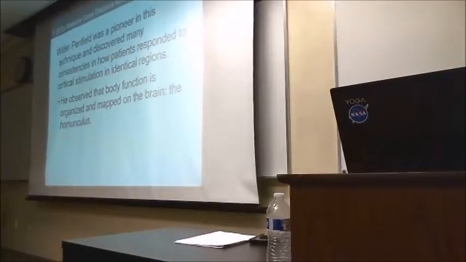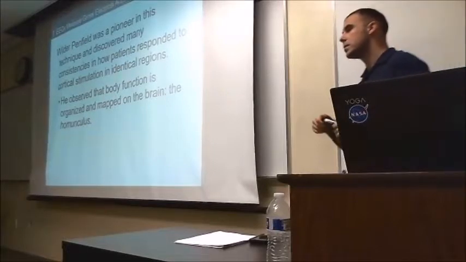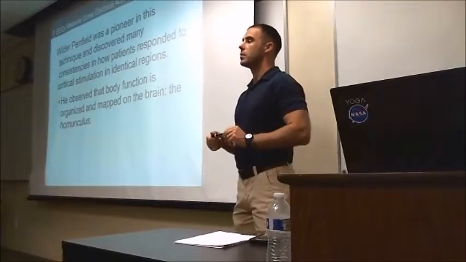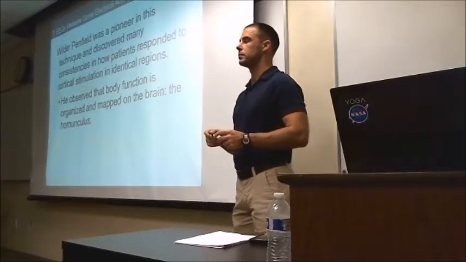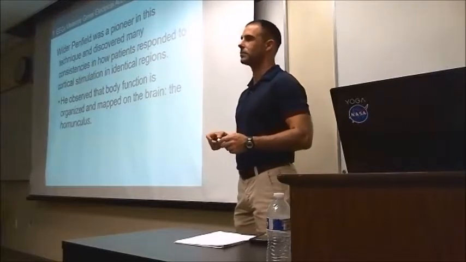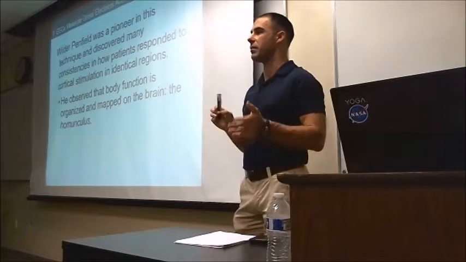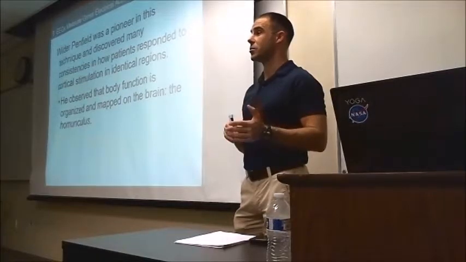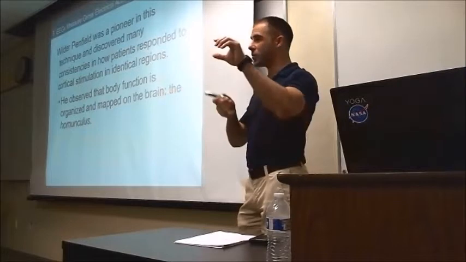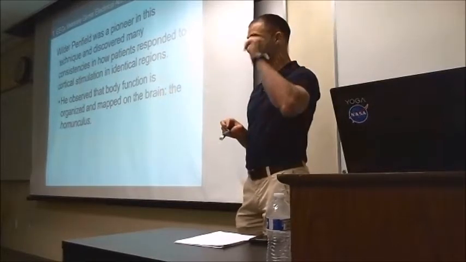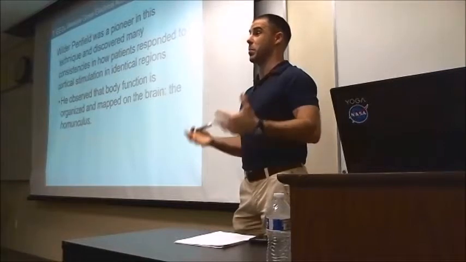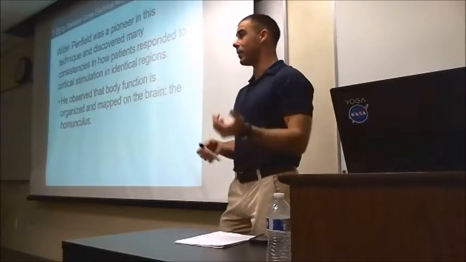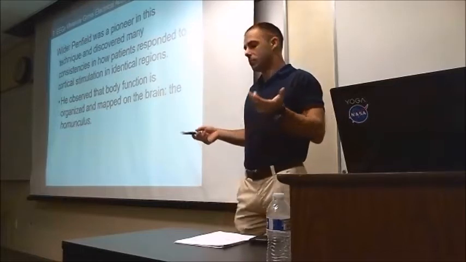Because he found that there were consistencies in where you could stimulate in the brain of patients, and they all seemed to elicit similar responses. Yes? In studies with brain patients, if they prod at certain parts of the brain, would patients be able to feel like a tingling sensation in certain parts of the body? So let's say they're poking at one part, and the patient would say that I can feel something in my arm. Exactly. Okay. So he found that this started to have systematicity. So you can do that to your brain, and her brain, and his, and they all report that same feeling in that same spot. It's like, okay, maybe there's a brain spot that does this. That's consistent. It makes sense, and it's true.